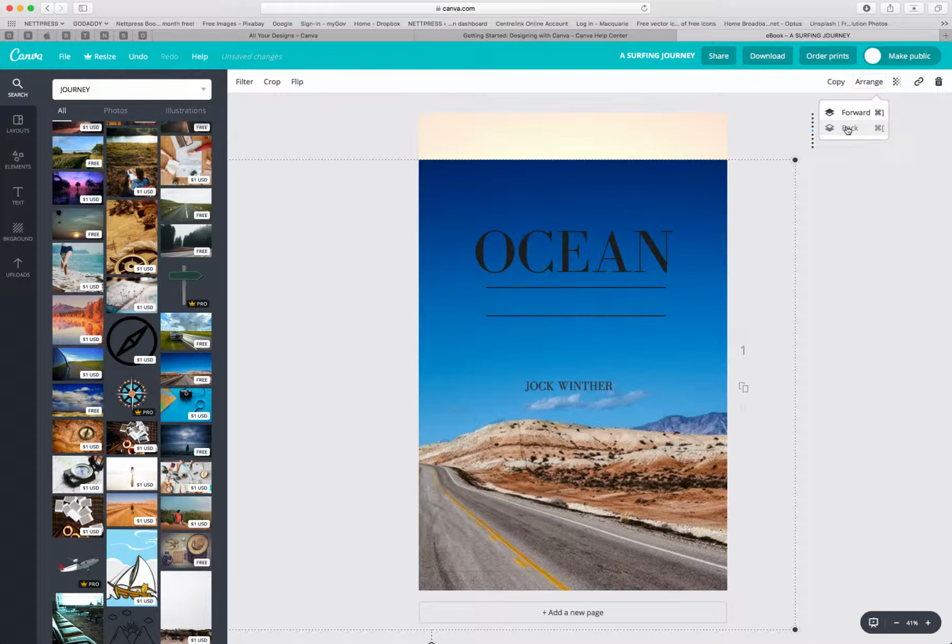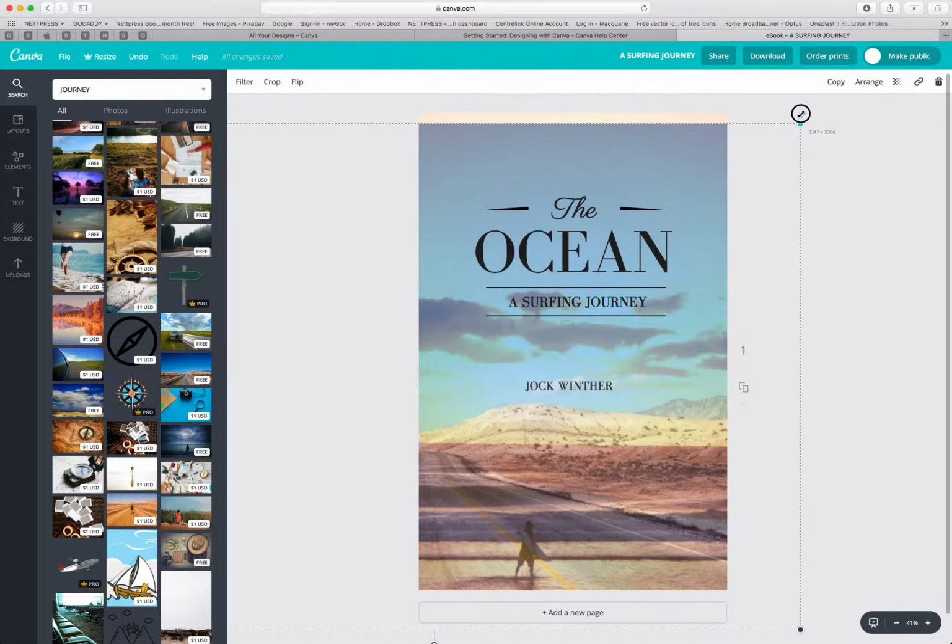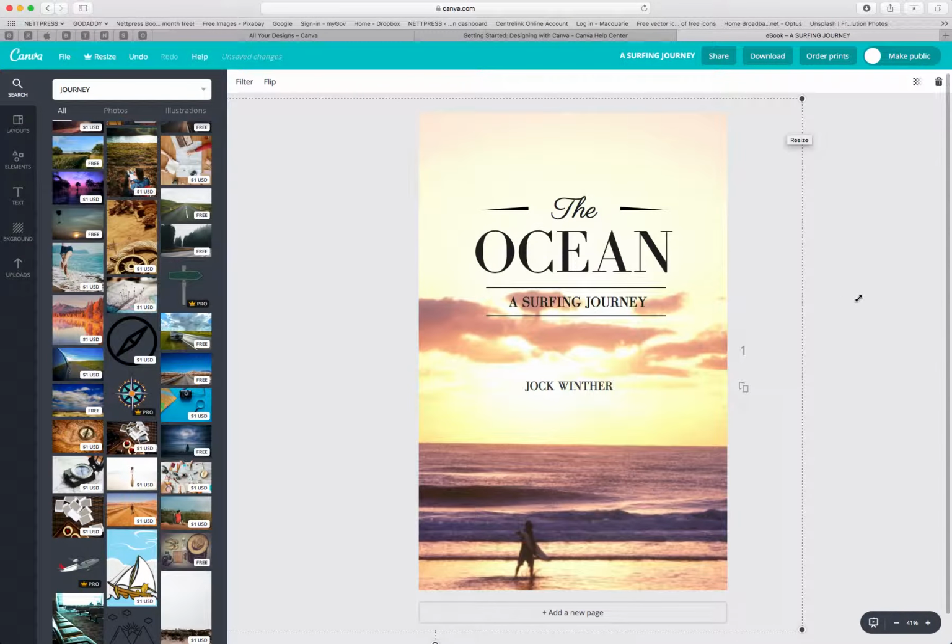So let's just arrange it first until it goes back behind the text and the elements. And then we'll just change the opacity. And you can play with this obviously, and there's plenty of help tools to assist you to get the